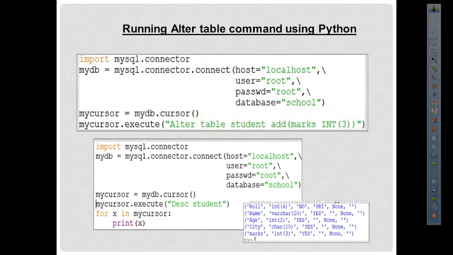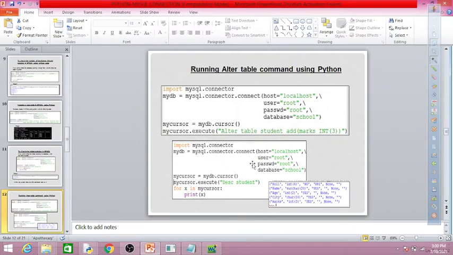So here I am writing the alter table command. With the help of this command we are adding a new column in the table student. So I am also going to show you it practically. Let's do this.